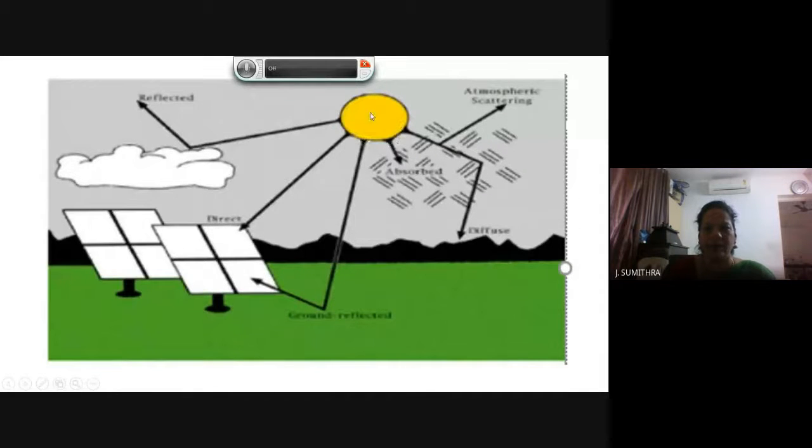Consider this is the sun. From here, some part of the energy is directly radiated to the solar panel, and some is reaching your ground, and from the ground it is getting reflected, and some part is getting absorbed by the molecules present in the atmosphere, and some is getting scattered by them, and the resultant radiation is your diffuse radiation. So it is clearly shown that the direction of travel is changed in the case of diffuse radiation, whereas in the case of direct radiation, the direction of its path remains unchanged.